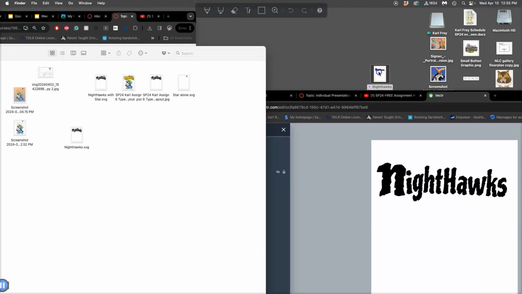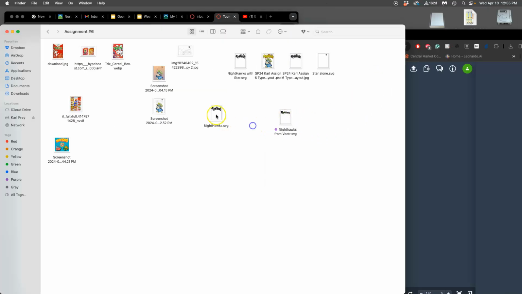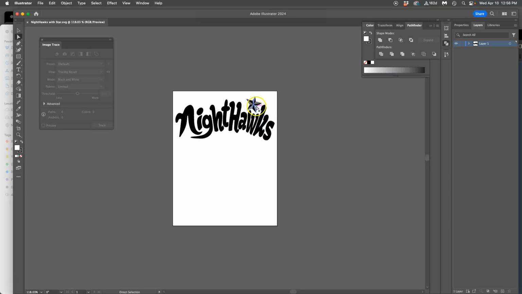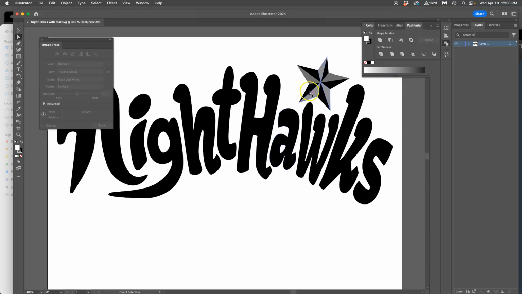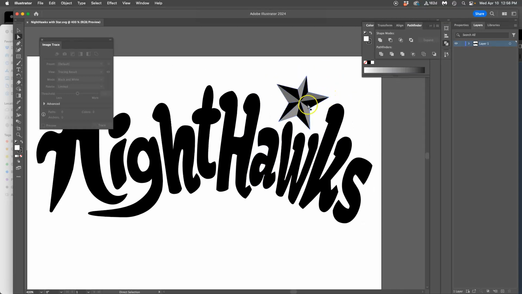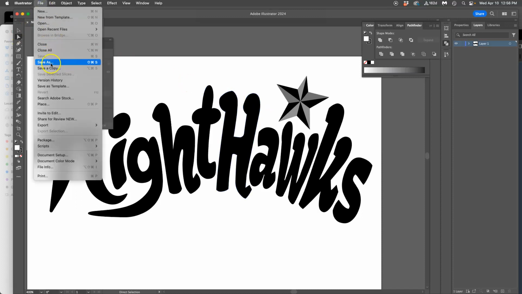So I'm going to bring that SVG in here, but I already have this one, this SVG. And then I saved another SVG on Monday where I added a star. So if I just open it up in Illustrator quick, it has this feature to it. So if you're using Adobe Illustrator, there are two file types that are